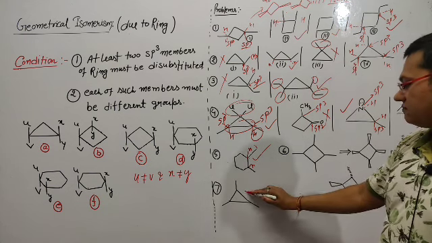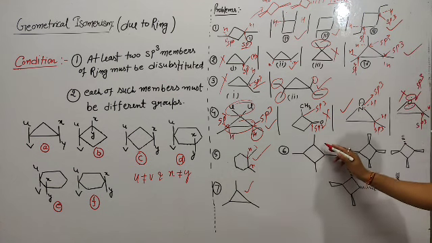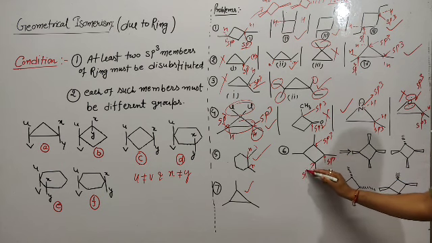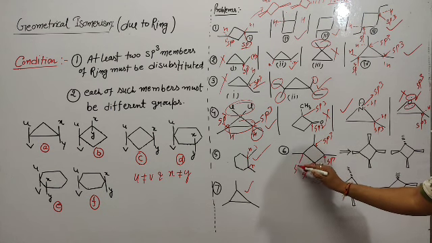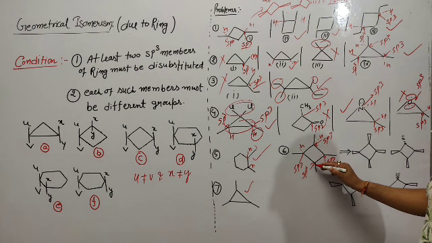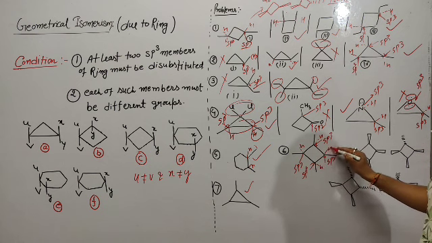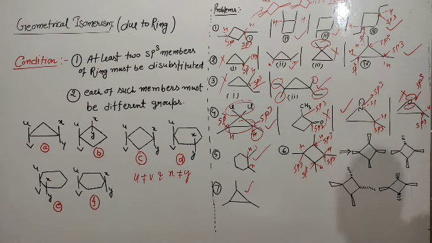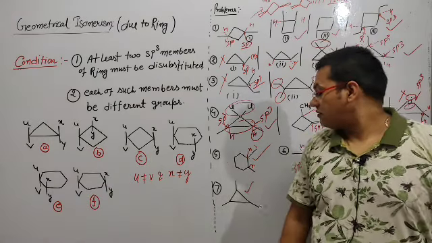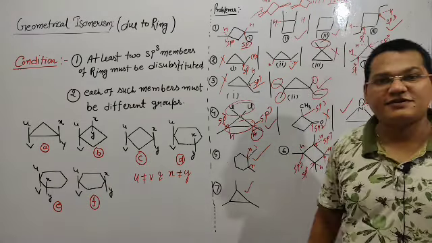Now come student, explain here. So GI in this case. GI because here 4 carbons have sp3, the condition is fulfilled, and every carbon has a different group. Why different? Because everyone has a hydrogen. Yes or no?